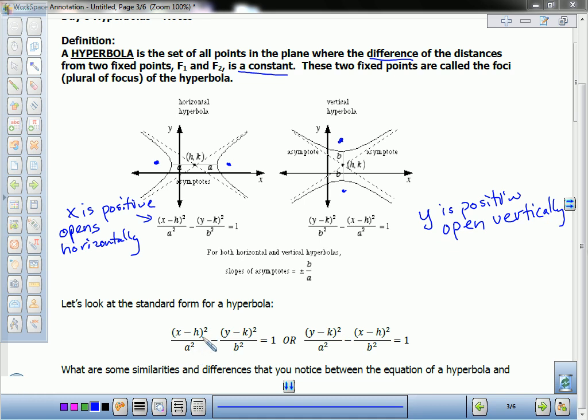You're going to notice they are very similar to the ellipse, which makes sense because by definition, they're a difference between two fixed points. The ellipse was a sum. Look at the only difference in the formulas. The difference equals 1. So the formula looks just like, exactly like